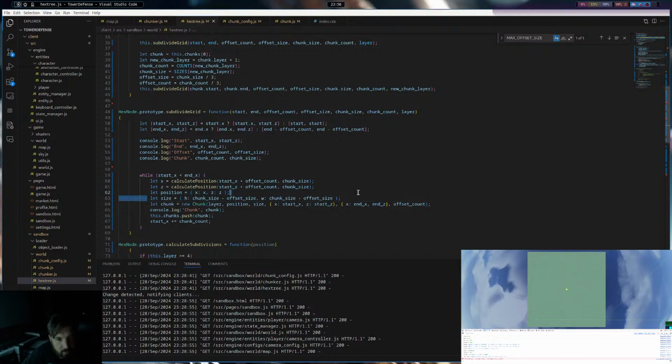This isn't right either. We need to be checking if we are less than the offset. We also need to be checking how far we are away from the camera, because the goal is to subdivide this into thirds.